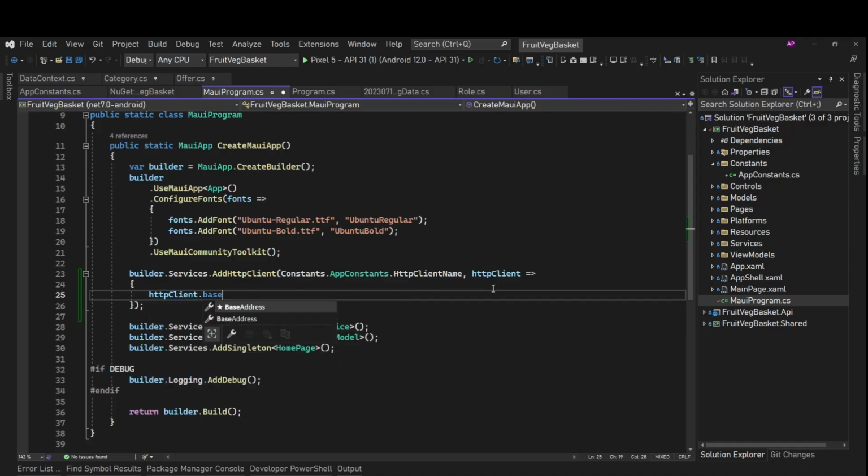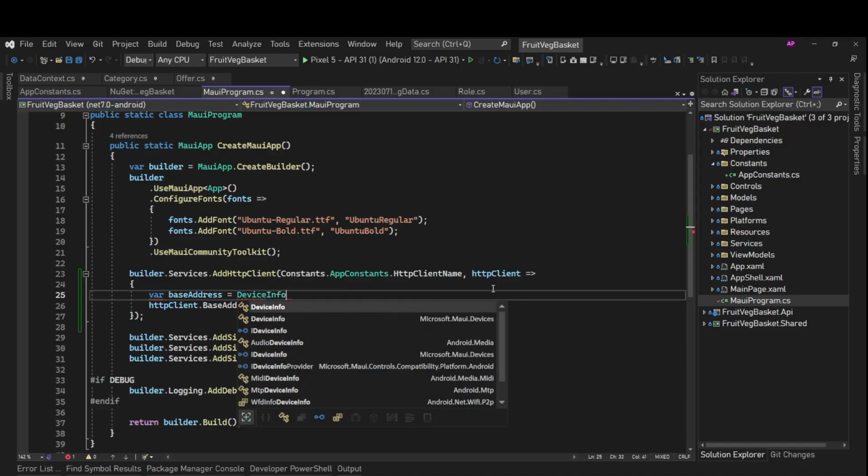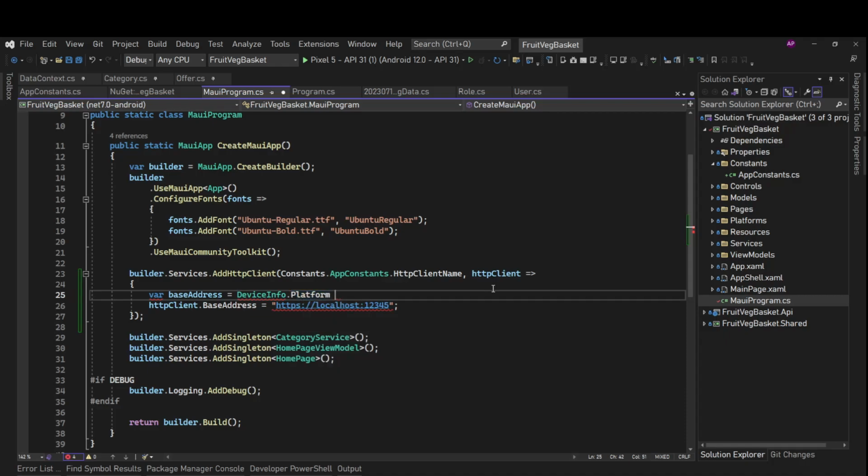So HttpClient.BaseAddress, which should be our HTTPS localhost, but because we are going to test it in our emulators, we cannot connect to localhost from the Android emulator, right? So for this also I would recommend you to check out those videos, and we'll use that approach. So we'll have the base address, then we will check DeviceInfo.Platform, on which platform this application is currently running.